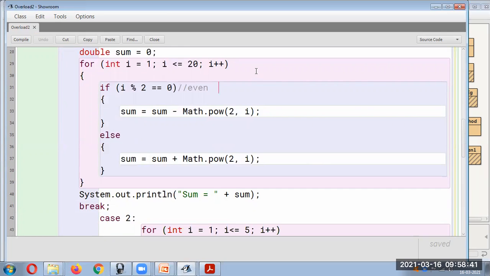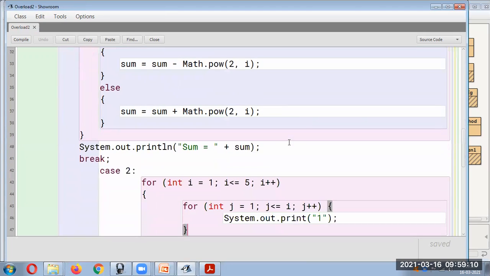So we'll take one small example over here. So let's say I is 1, so what will happen? 1 mod 2, so it's not even, it will go to this part. So it is 2 raised to 1, the first one. The second time when I is 2, that time the second part will execute. So this way it will cumulatively add. Okay, first iteration it will be 2 raised to 1. Second iteration it will be minus 2 raised to 2. Third iteration it will be 2 raised to 3. Then like that it will happen. And at the end we will get the sum.